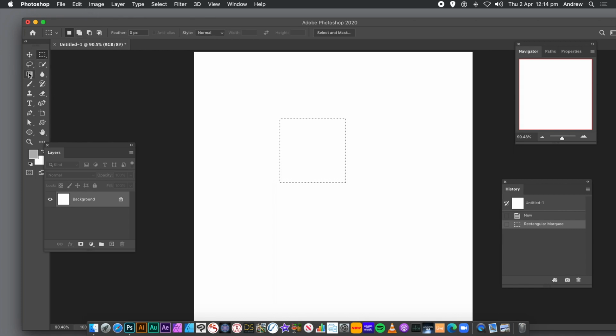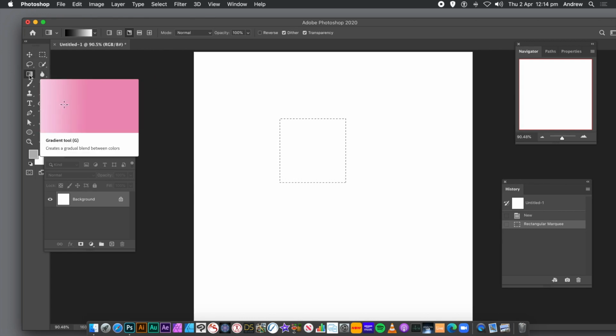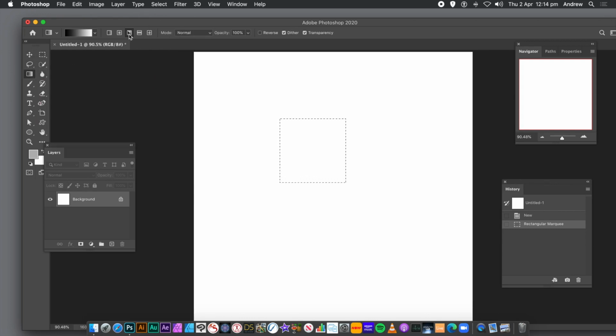Once you've done that, go over to the gradient tool. I'm using a basic gradient, black to white, and you could modify that if you wish as well. Using the angle option there, the type, and I'm also using a blending mode of normal. So with that gradient, what you do, go over to the selection